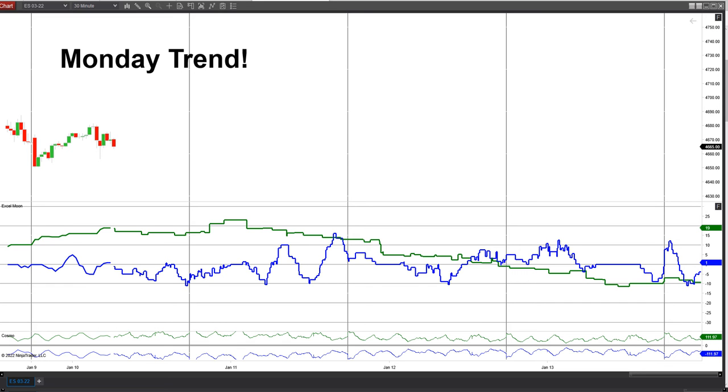I have the Astro Excel 30-minute chart up here. You can see as we came back into trading last night, we had upward pressure on the green line. We've peaked out there. Now you can see this area where the green line is peaked, and now we've got some slight downward pressure into the end of the day session here. Then we push up into the evening and we peak out tonight just after midnight going into Tuesday morning, and